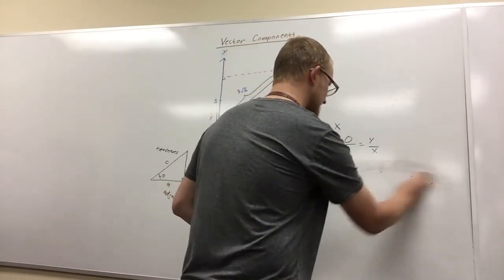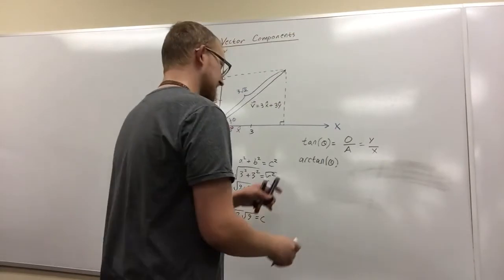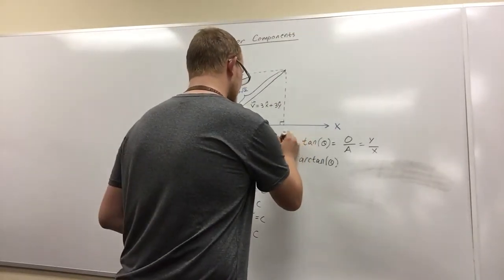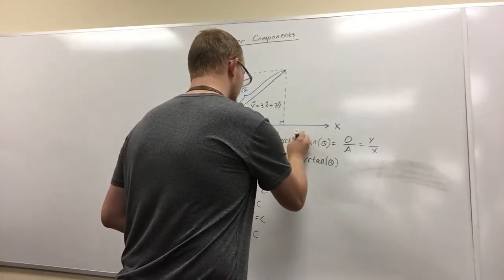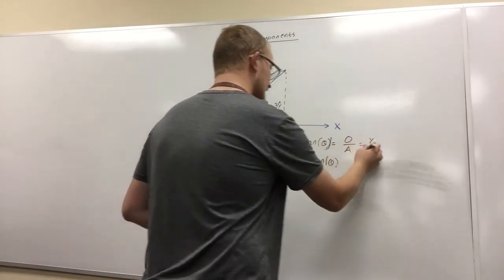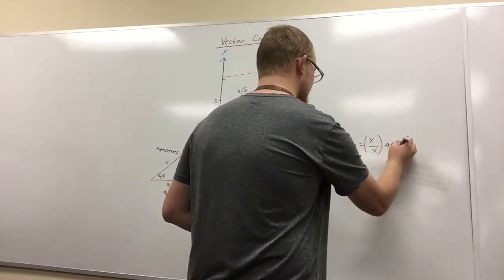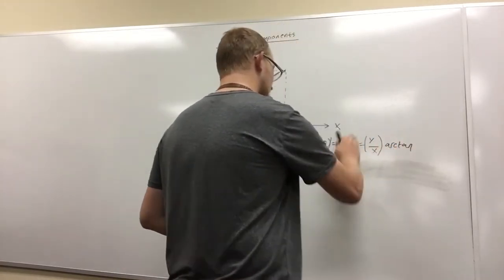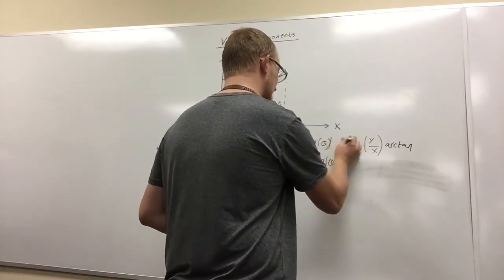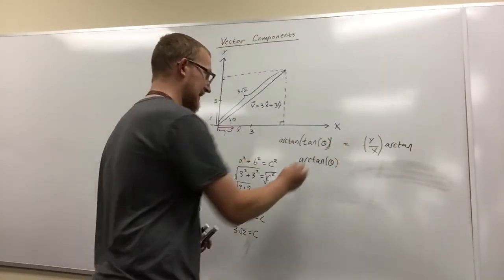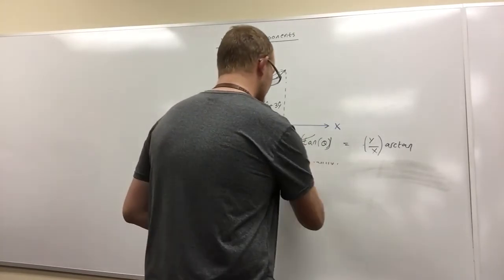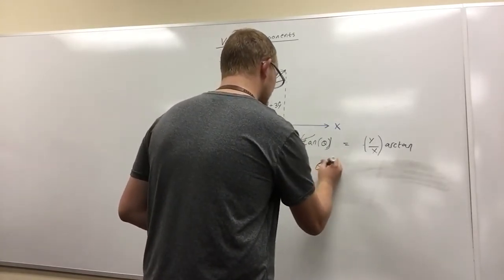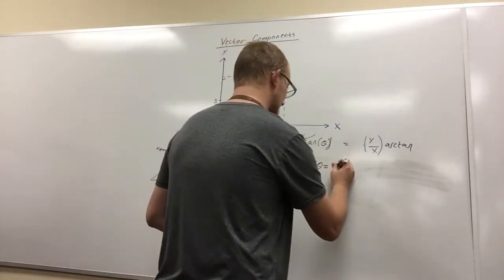It's just a lot easier to keep things straight. And so if I take the arctan of both sides here, the arctan and the tan cancel, and we end up with theta equals the arctan